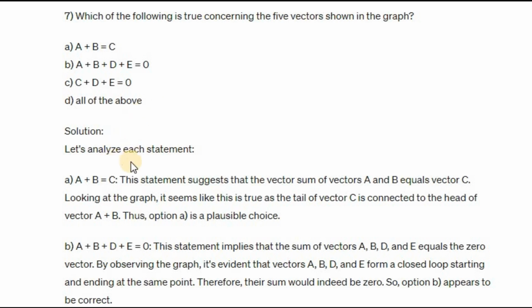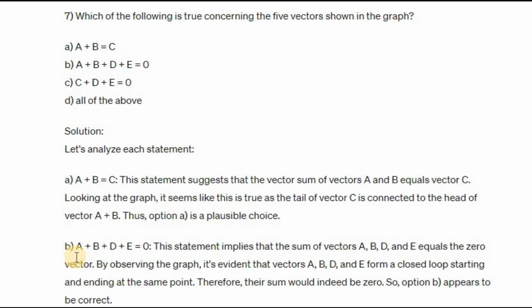Solution. Let's analyze each statement. A plus B equals C. This statement suggests that the vector sum of vector A and B equals vector C. Looking at the graph, it seems like the tail of vector C is connected to the head of vector A plus B. Thus, option A is a